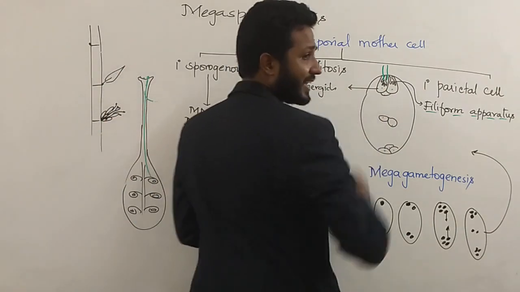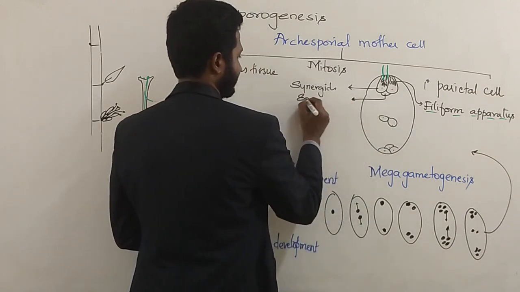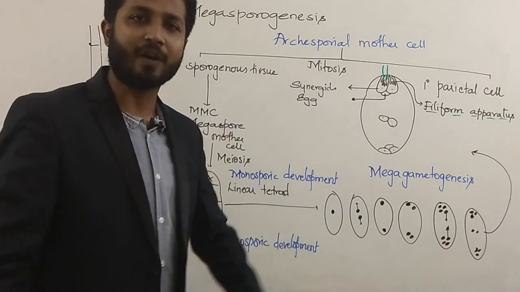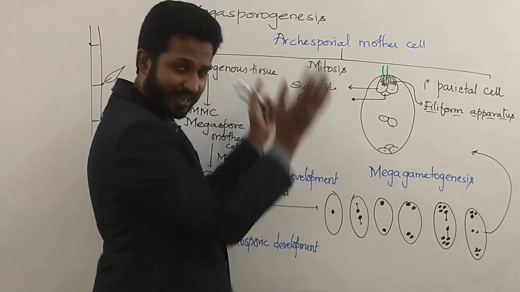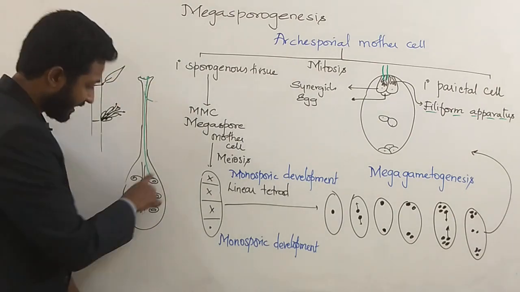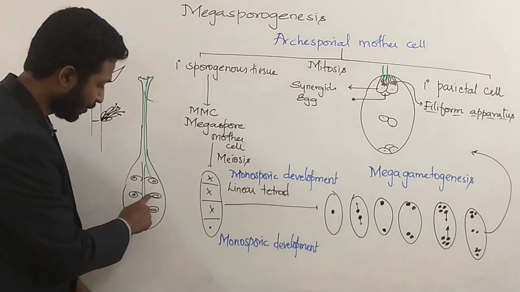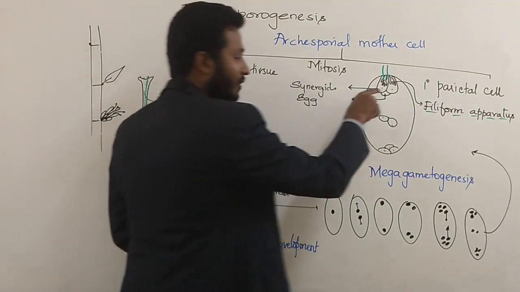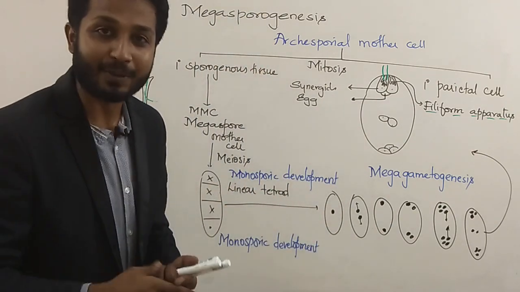What is the role of the egg cell? The egg cell is the one which is gonna form the zygote. It is this cell which is gonna develop into the embryo, and that embryo will transform everything into seed. So the ovule is gonna develop into seed. That entire structure which is being shown over here, this entire structure is gonna develop into seed. Whereas the wall of the ovary is gonna develop into fruit. Very important point. Ovule will develop into seed, ovary will develop into fruit. So within the so-called embryo sac, it is this cell which is gonna form the zygote and embryo.